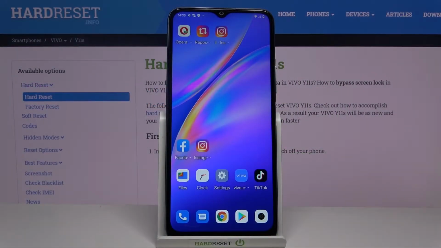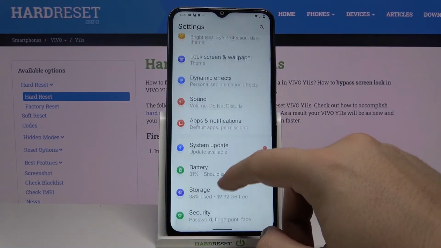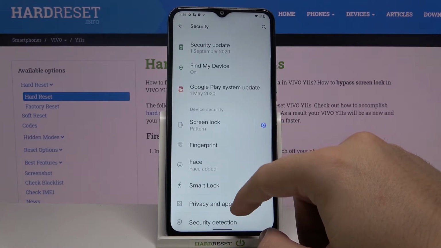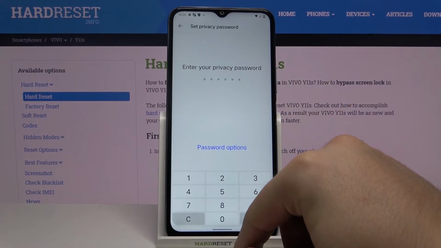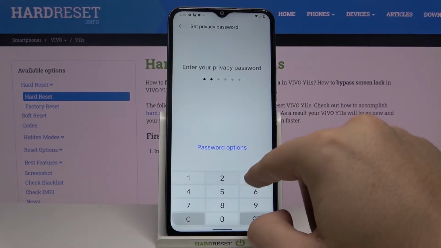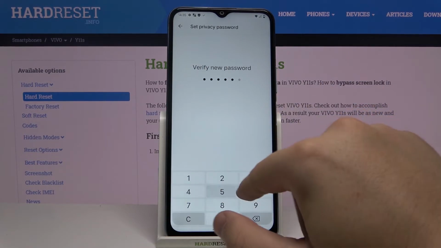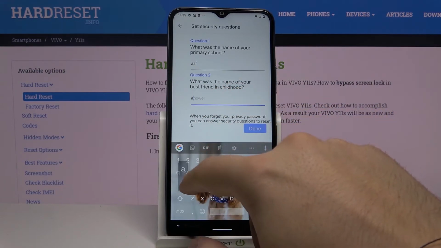Welcome. If you want to lock apps with a password on your VIVO Y11s, at first you have to go to the settings, then scroll down and find security, and here we have to go for the privacy and app encryption. Right now create the privacy password, confirm,